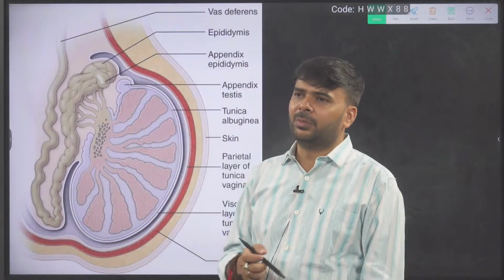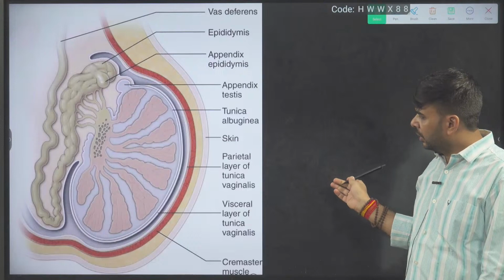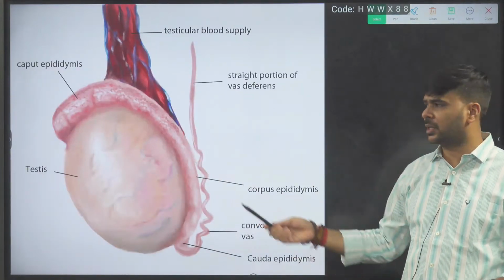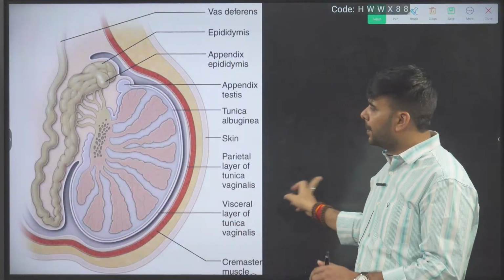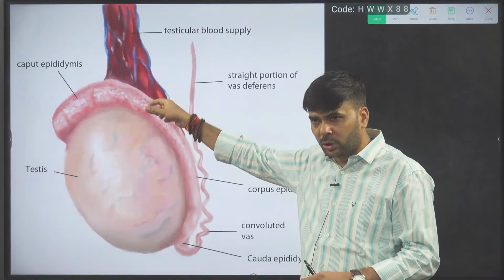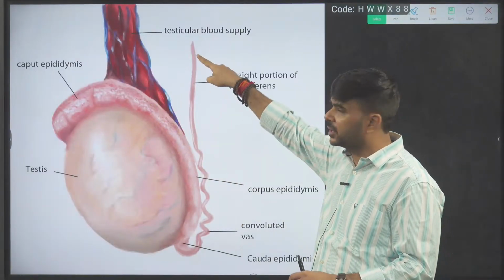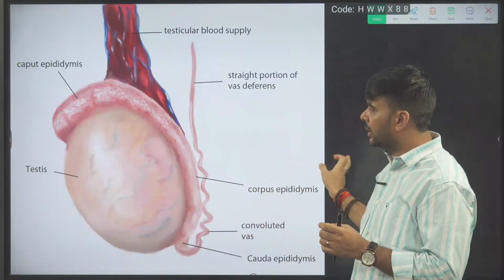Okay, please come back to this. So basic things I'll say here only. Back to this diagram. Here it is the external view of the testes. This is the cut section of testes. If you cut the testes, internally you'll get these chambers. Leave it. Here, after removing the scrotal skin, you'll get testes, epididymis, vas deferens. So now that concept of how it is arranged is clear.